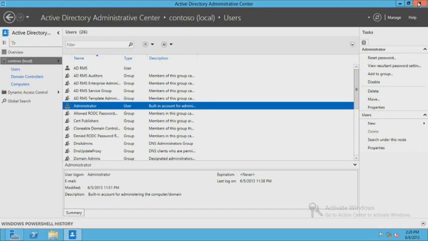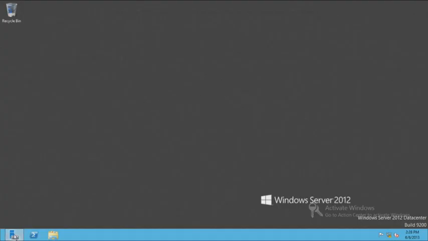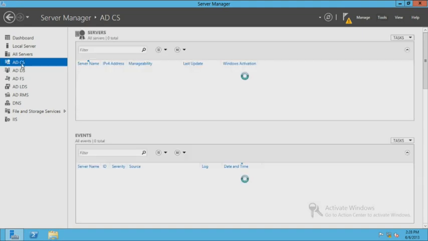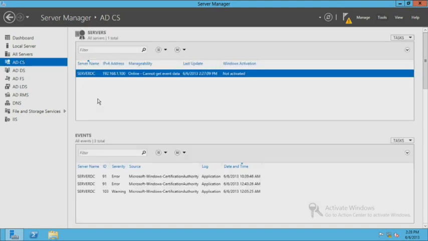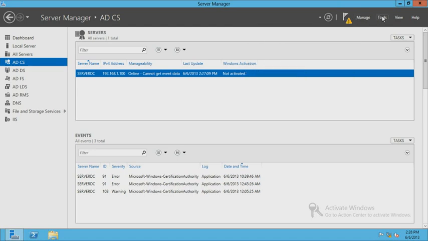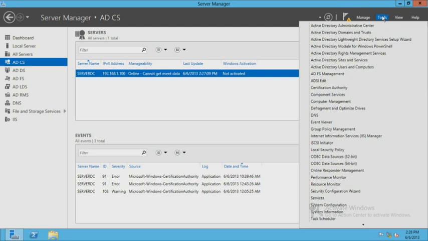So here I have a server up and running, Server Manager open, that has ADCS already installed on it. Same dashboard window. It's going to give us servers with this role installed. In this case, there's just one, and any events that have happened in regards to this particular role or service. Unlike Active Directory, where we had the Active Directory Administrative Center,